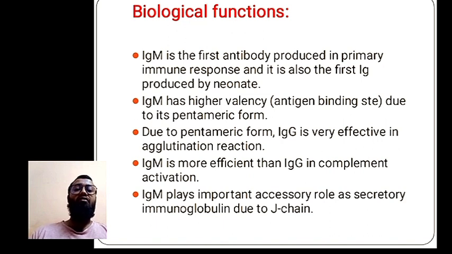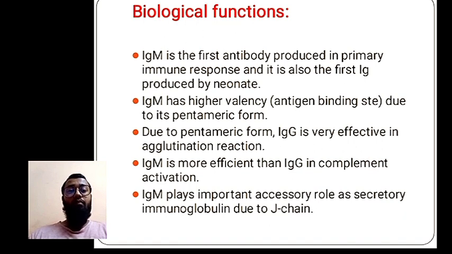Let's see the biological functions of the IgM. IgM is the first antibody produced in the primary immune response, and it is also the first immunoglobulin produced by the neonate. Neonate means the fetus or the young one which is newly born. So it is the first immunoglobulin, and you are thinking what is primary response and what is secondary response. The primary response means the first stage of the infection, where the antigen enters our body,